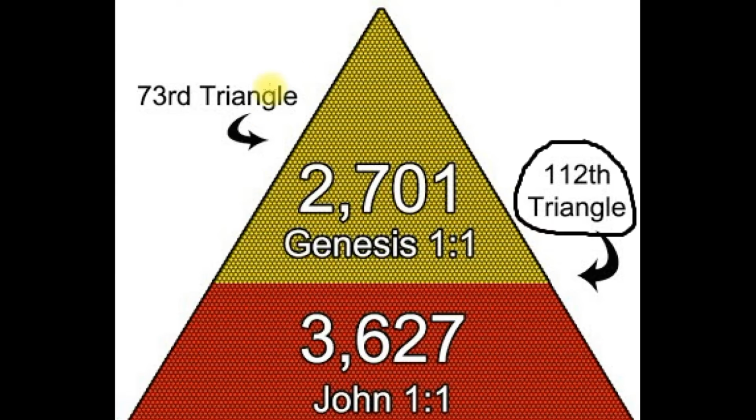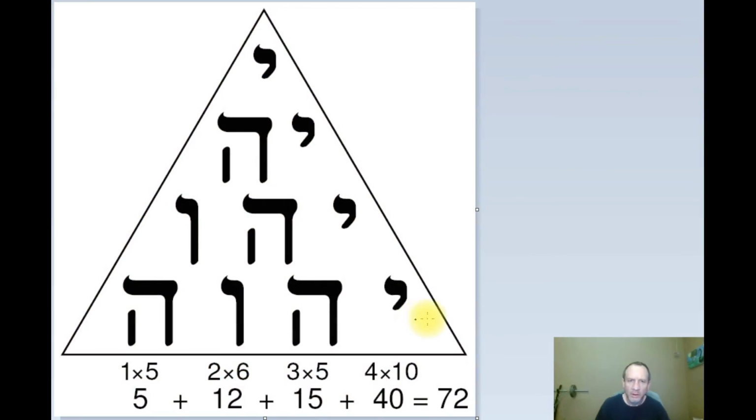So we have the alchemical marriage, the alchemical wedding of the Hebrew and the Greek. This is why the Hebrew and the Greek is used in the divine writings of the scriptures that make up the canon of the Bible. 6,328 is the number of units total that make up this triangle. Okay, this is the Tetragrammaton triangle. These are the consonants that make up the name Jehovah or Yahweh. This would be